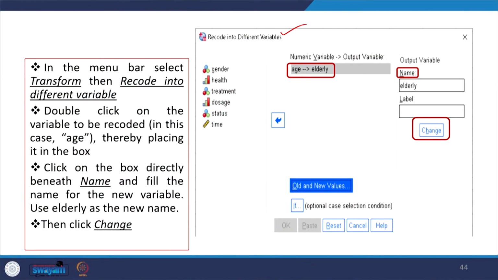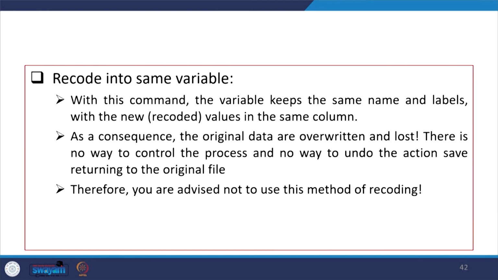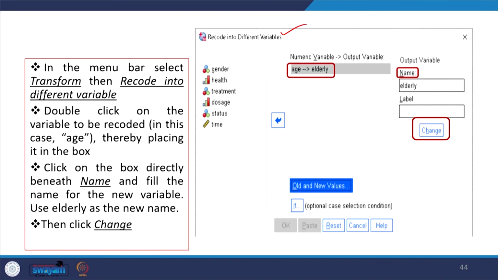If you go to the edit data menu, on the menu bar select Transform. Here is the transform command. If you want to transform the data, you go there and you will see this particular command, recode into different variable. It will give you the options recode into same variable and recode into different variable. So, better to click on this.